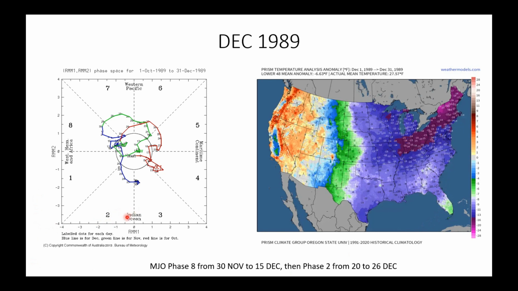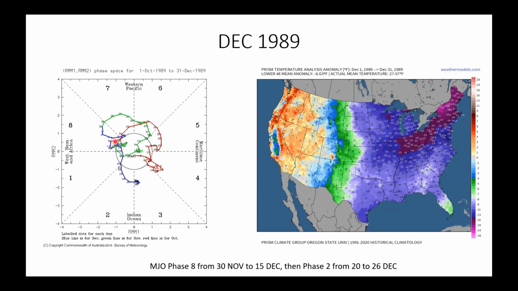Of course, that doesn't happen very often, but what was going on with the MJO phase diagram? I'm going back to the October to December time frame here, 89, here on the left, the MJO phase diagram. Blue coloring again is the line I want you to pay attention to. That right there, the 1st of December, the MJO rotated into phase 8 with moderate amplitude, worked its way in,